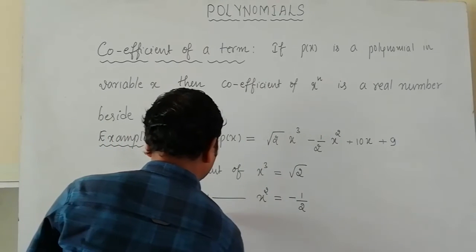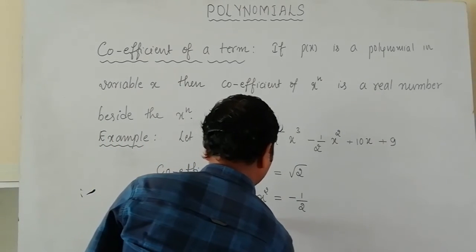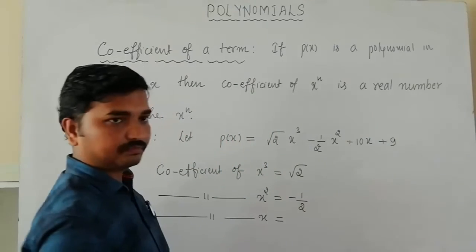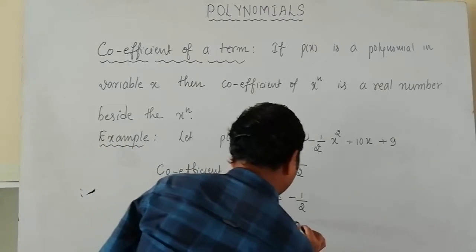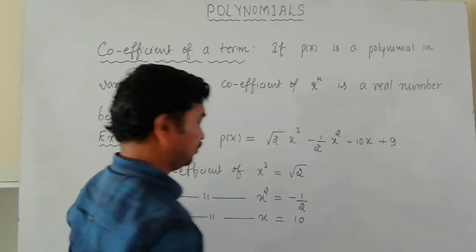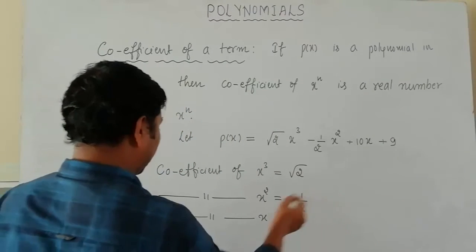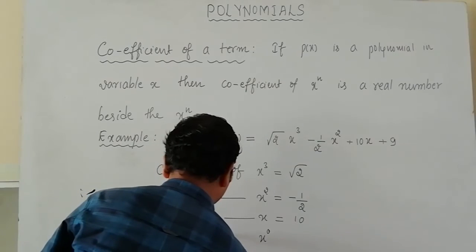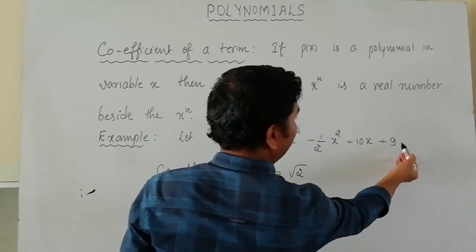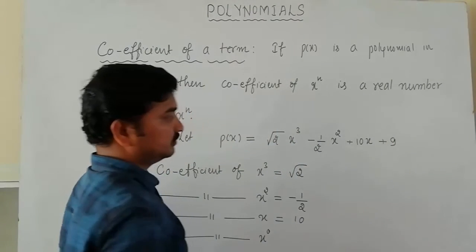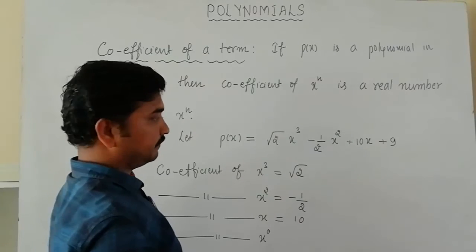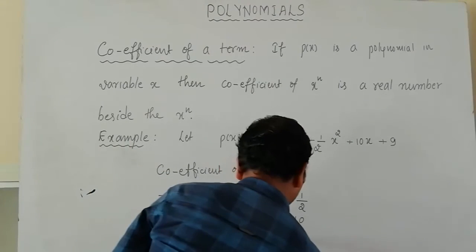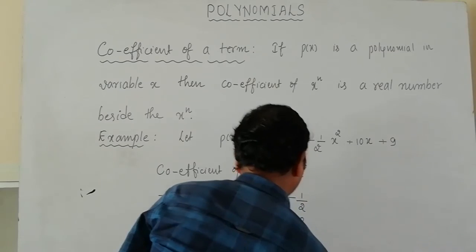In the same sense, coefficient of x is what? 10. Okay, it is plus, that's why there is no need to include the sign. And at last, what is the coefficient of x power 0? X power 0 means what? Last term. What is the coefficient? 9. Okay, so remember one thing,